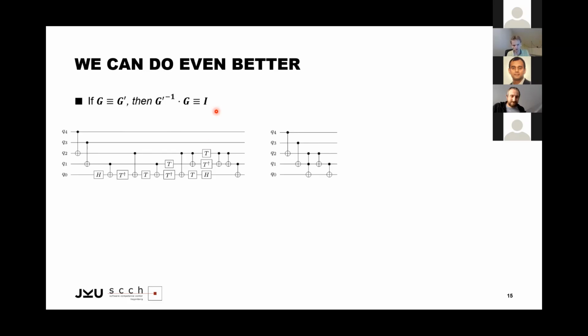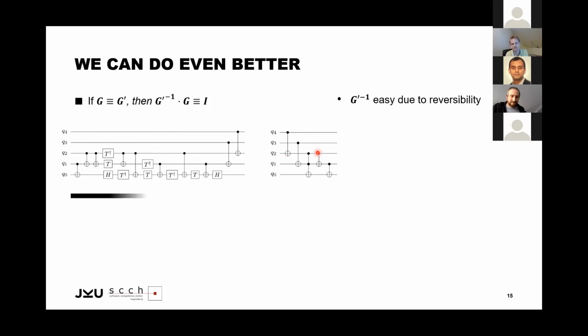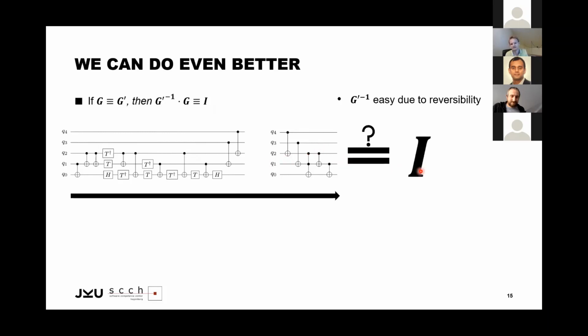And now I would like to showcase how nicely you can utilize this property in verification using decision diagrams. Because what you could do is take your circuits and invert one of these circuits, which is easy because the inverse of a circuit is simply flipping the order of the gates and inverting each single gate. So this is no problem at all. We are inverting this first circuit here, and then we are concatenating it with the other circuit. And if the identity then results, we are fine.